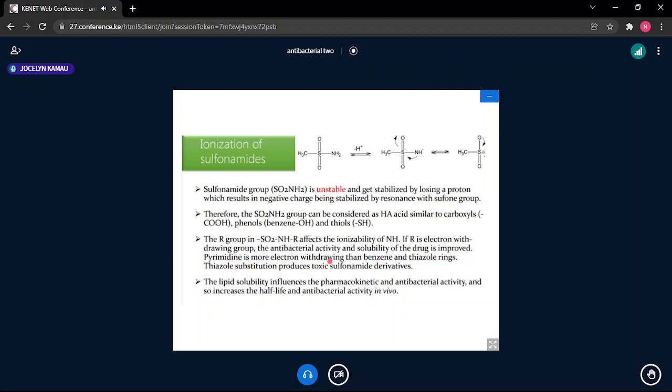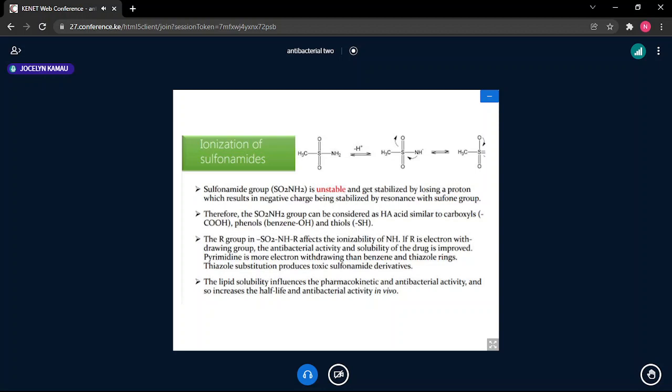The pyrimidine is more electron withdrawing than benzene and thiazole rings. Thiazole substitution produces toxic sulfonamide derivatives. So in other words, the pyrimidine ring, remember, has 2 nitrogens. And as I had said, the order of electronegativity should be oxygen, nitrogen, and sulfur has the least. So if you have a pyrimidine ring, which has 2 nitrogens, the 2 nitrogens are more powerful in electron withdrawing than a nitrogen and sulfur. And oxygen, isoxazole ring,